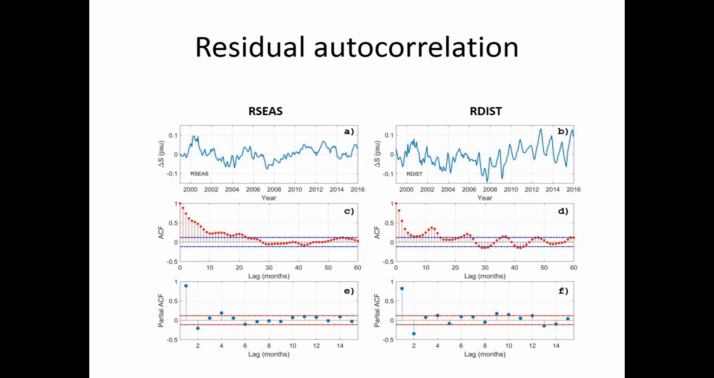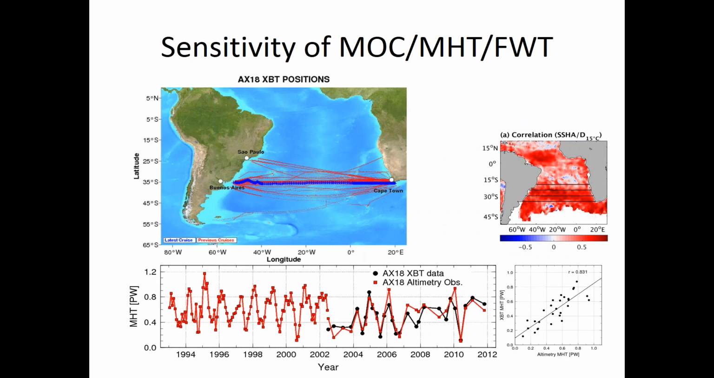So we see that again from including seasonality. And this is the last part, where we try to look into the sensitivity of the AMOC, meridional heat transport, and freshwater transport. This is across 34 South, along the X18. We have this transect since 2002. In a recent paper, Shenfu used, for example, the altimetry to derive temperature profiles, and with the help of the estimated salinity, we can estimate all this meridional heat transport, AMOC, and freshwater transport